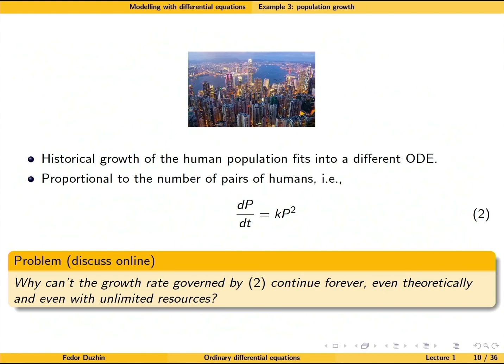Right? So this growth rate cannot continue forever, even theoretically and even with unlimited resources. So the question is why? Why can't human